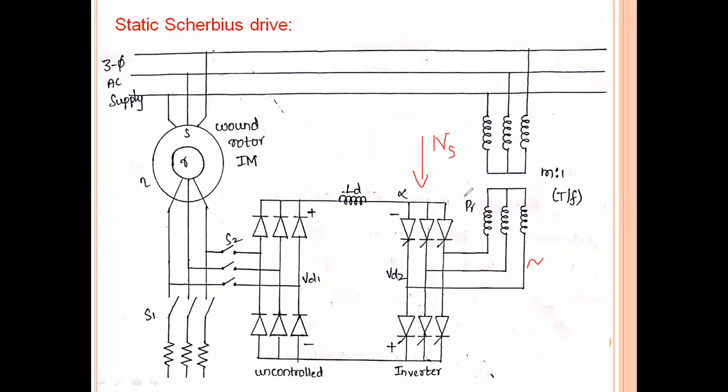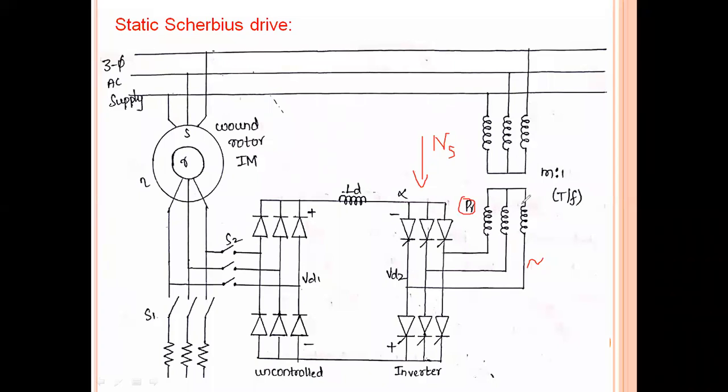And the power feedback, which is PR. This PR, also known as the feedback power, can be controlled. This PR can be controlled by controlling the inverter. And this inverter can be controlled by changing the firing angles given to this inverter. And this is the large inductance which is used to eliminate the ripples in the DC current. Right? And this entire power is known as the slip power. And this slip power is fed back to the source with this connection.